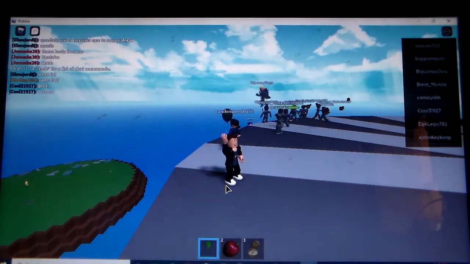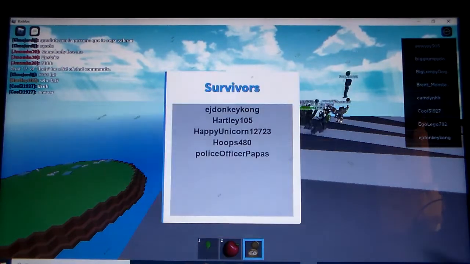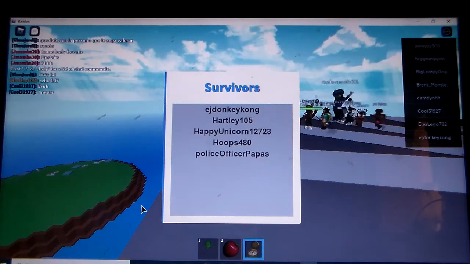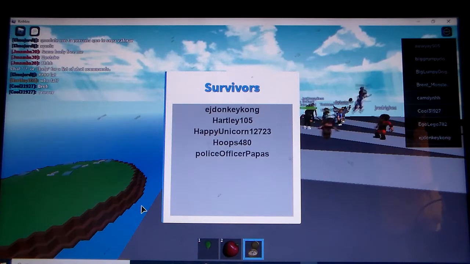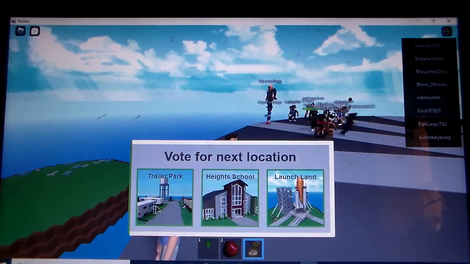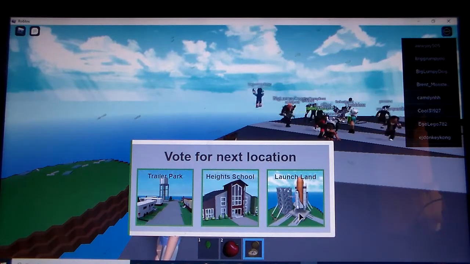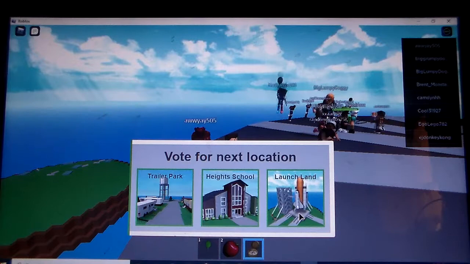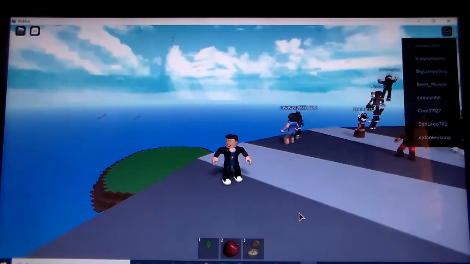I do have a balloon, an apple, and a compass. The compass lets you vote for a map of your choice. If more than one person uses a compass, then it's based on the vote. The majority gets the map. I'm gonna vote for the Heights. Oh, no. Somebody voted for Launchland. I guess I'll do that too. I was gonna vote for the school, but